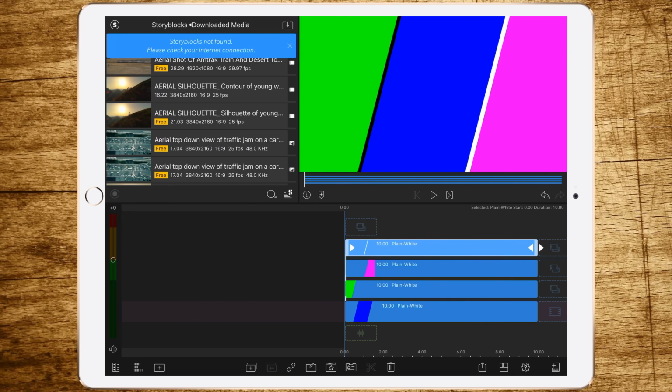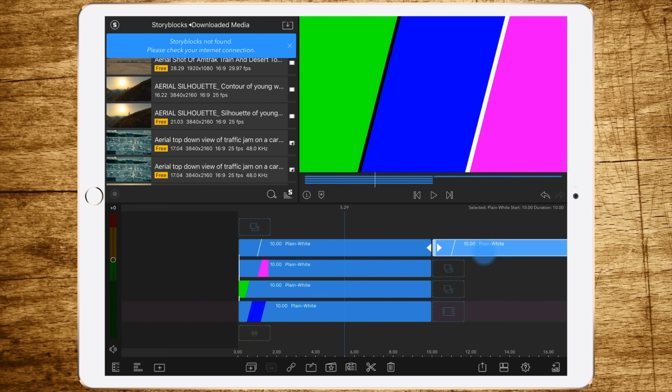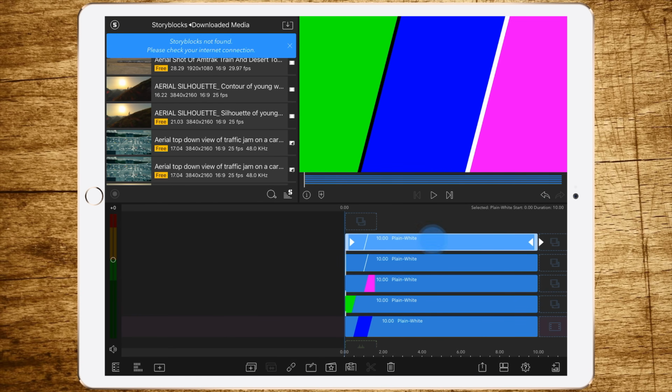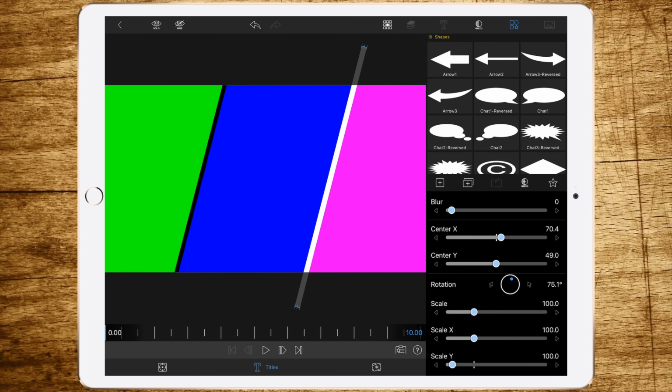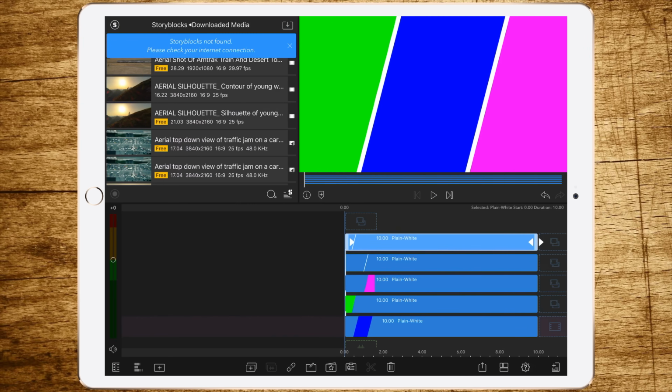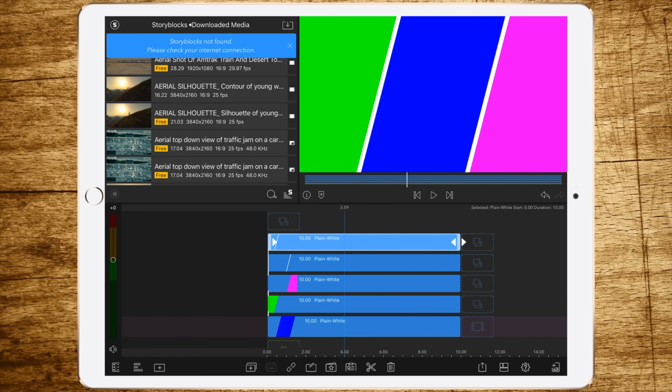And now we have a white bar with this exactly same angle, because we are always copying the base clip with the angle of 75.1 degree. Then again, duplicate the clip so we get a second white bar and drag it to the other gap like this. And that's it. Now we have white bars and 3 colored areas, which we could use to key the color out and use 3 different clips as an intro.